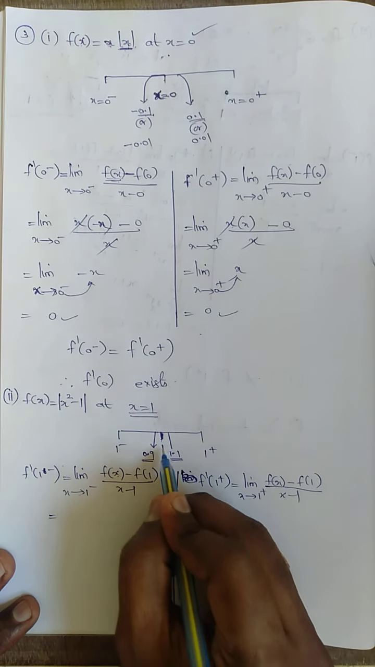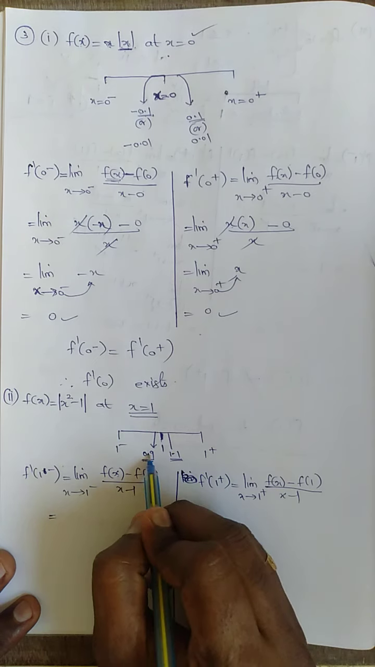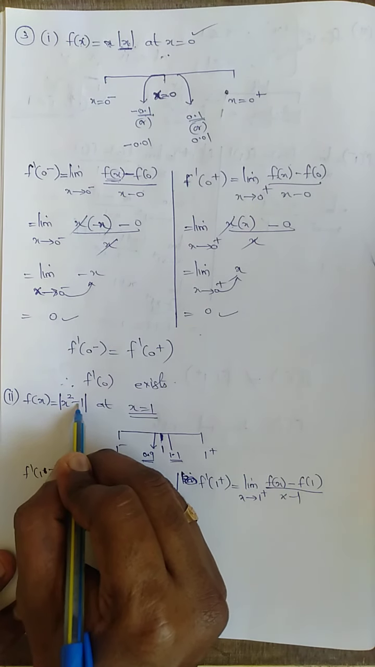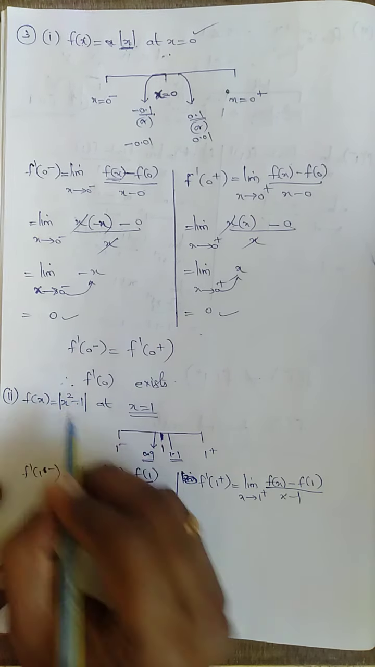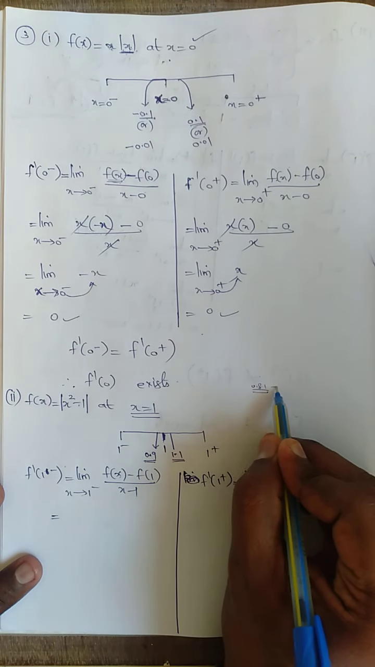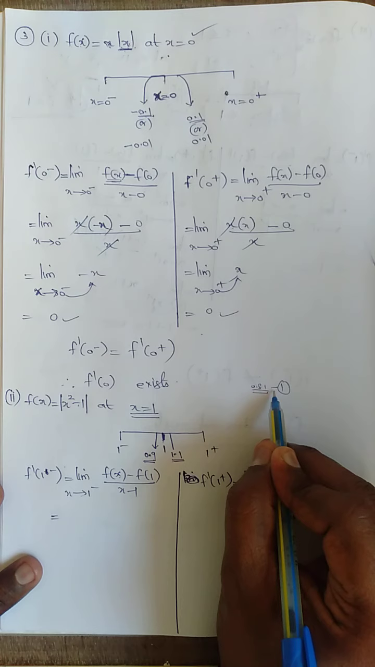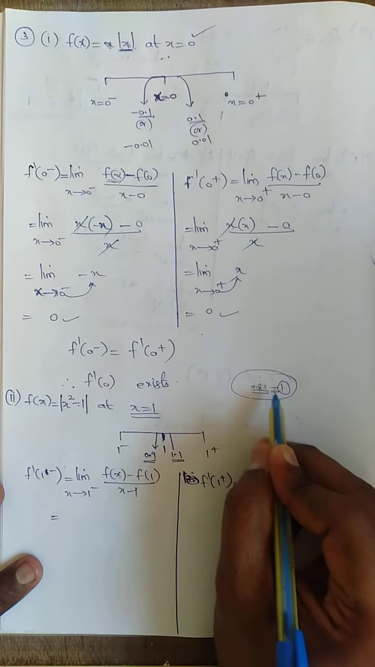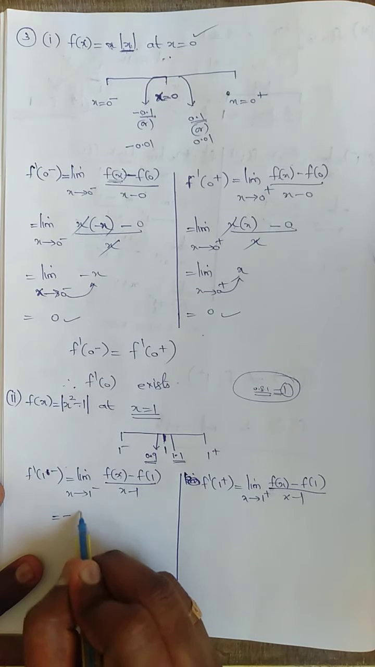If I am going to apply the left hand limit, what is the left hand value here? 0.9, 0.9 minus 1. 0.9 the whole square is nothing but 0.81. 0.81 minus 1, the 1 is the bigger value, so it's going to be a minus value only. The modulus is going to be minus of